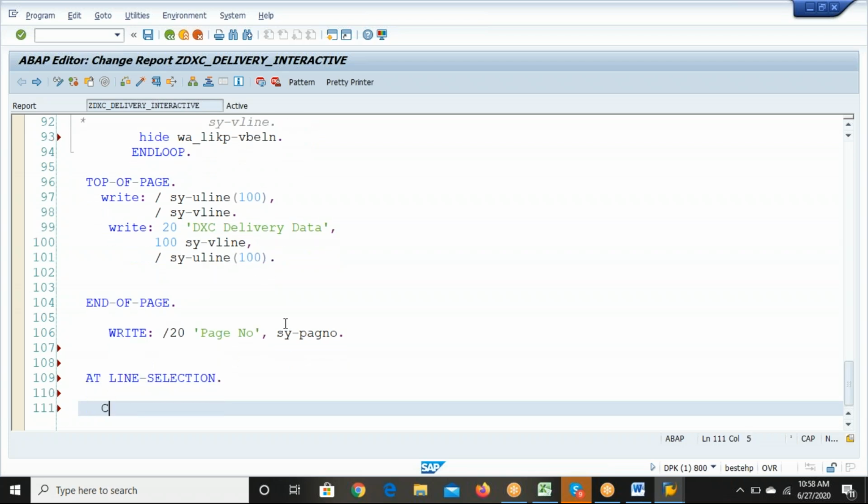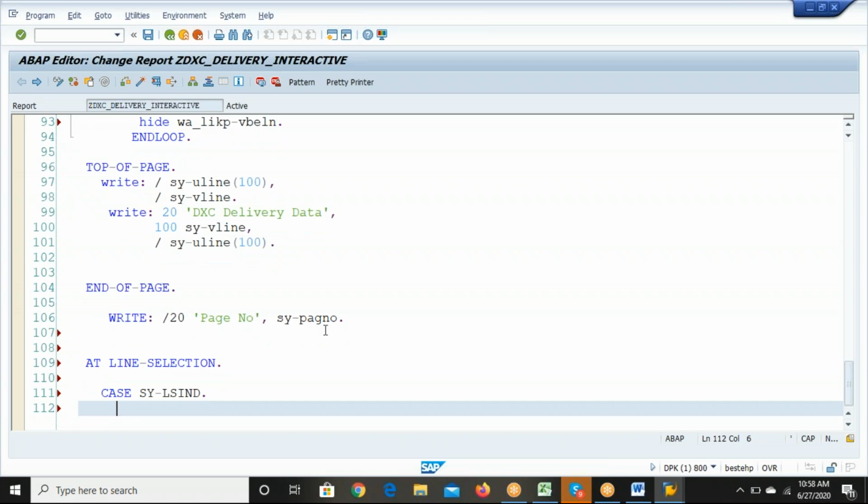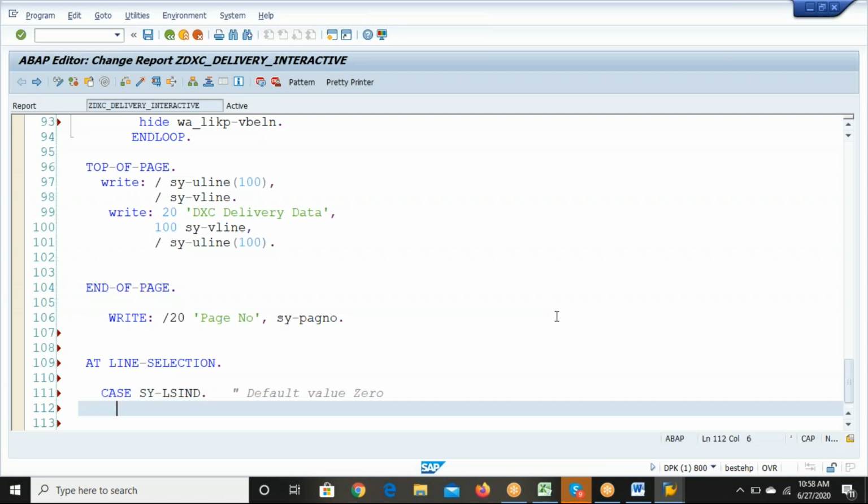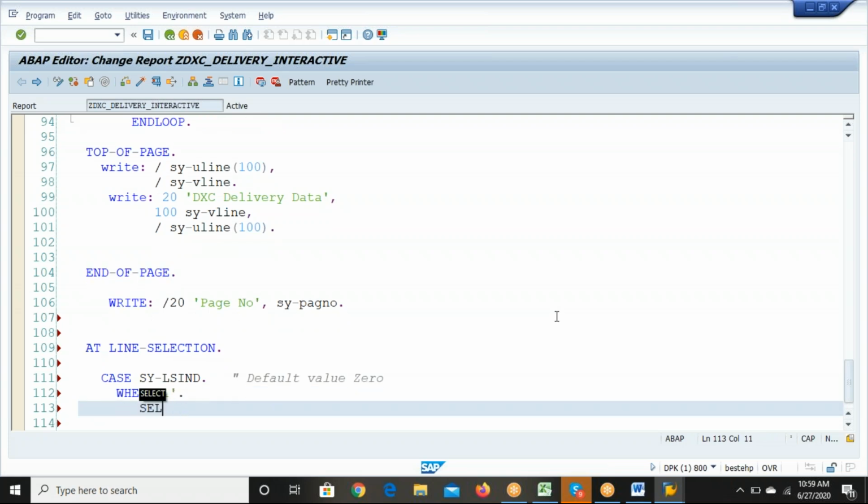in at line selection we'll write case sy-lsind. Lsind is the screen index. Screen index by default will be what? Can anyone say what is the default value of lsind? 0. 0. So when we click on the first screen it will become 1. So we're checking the condition when 1, and then we are writing this select statement,